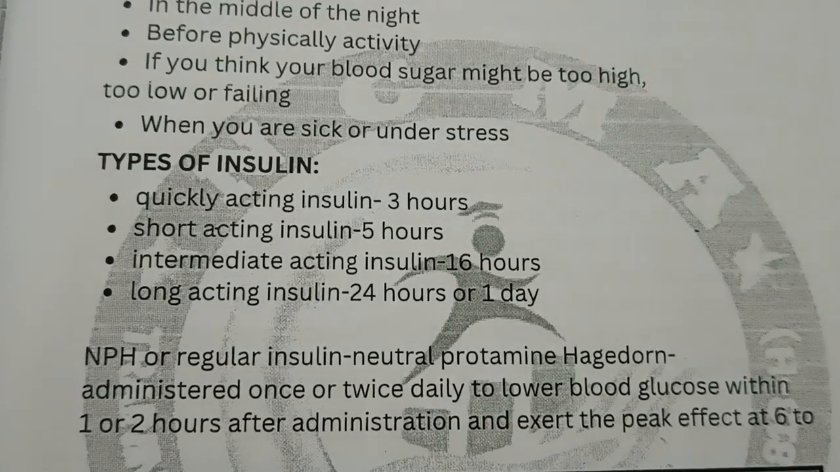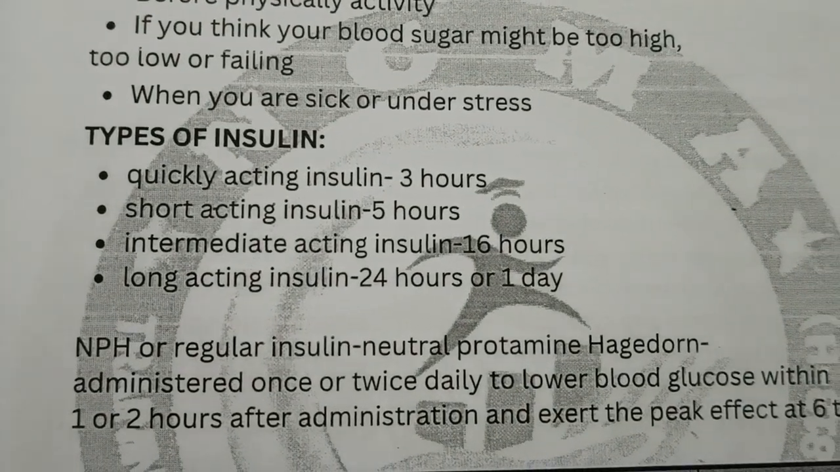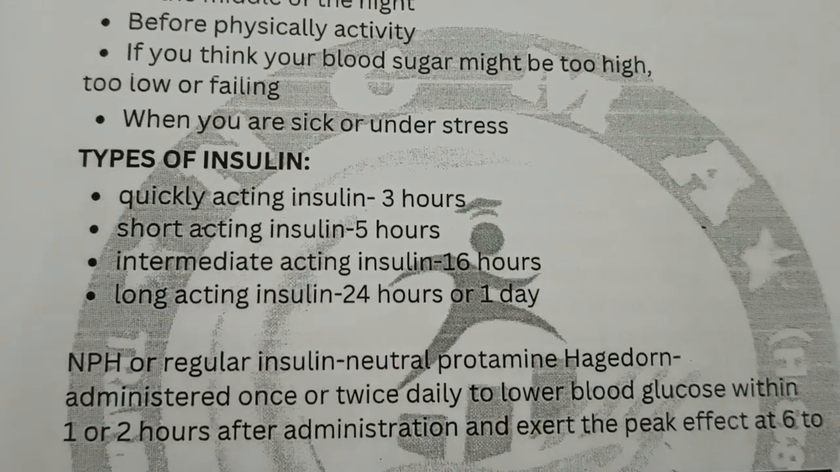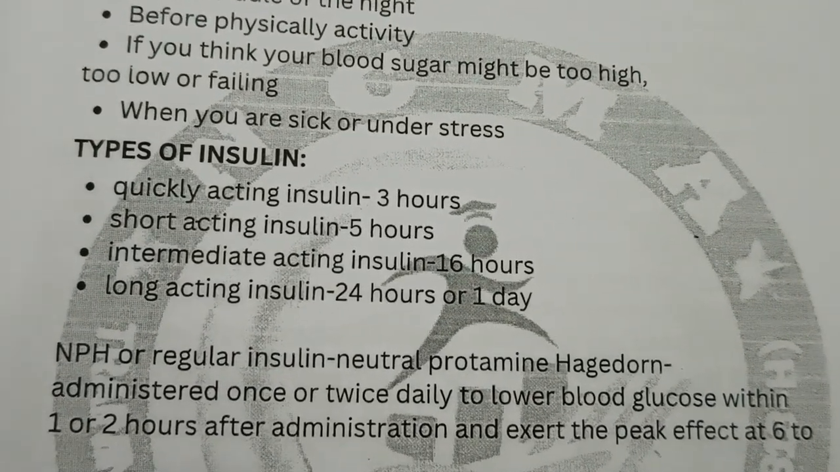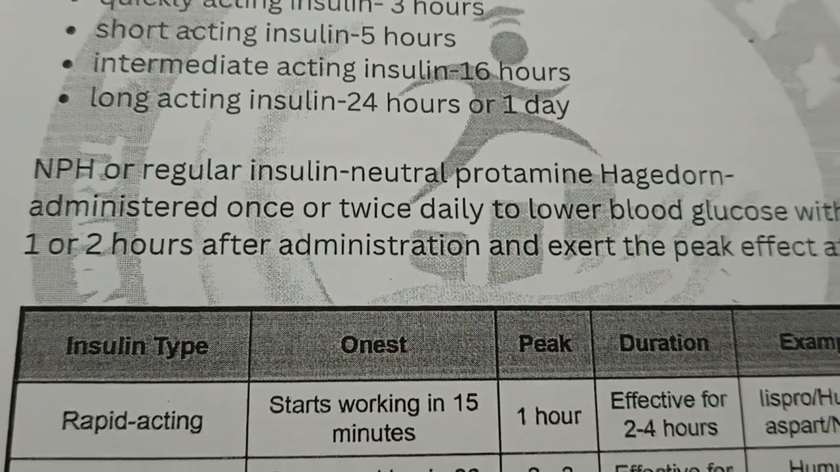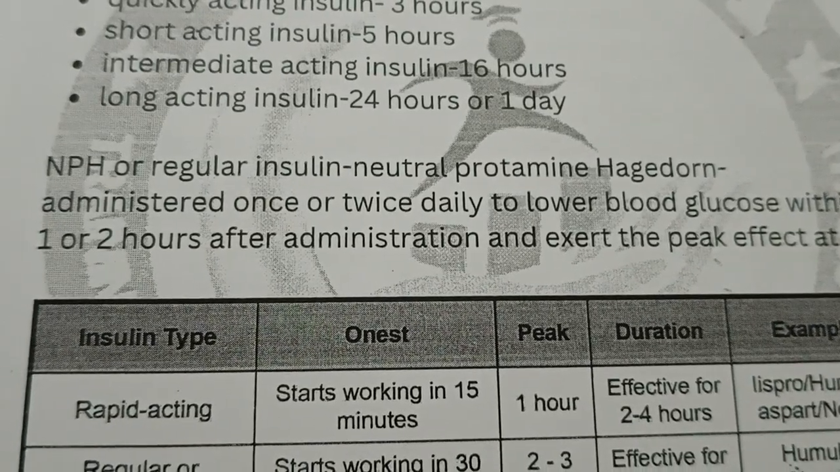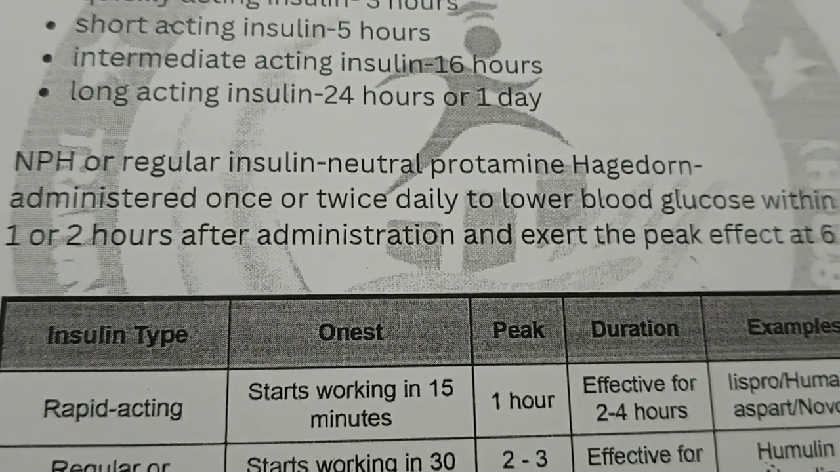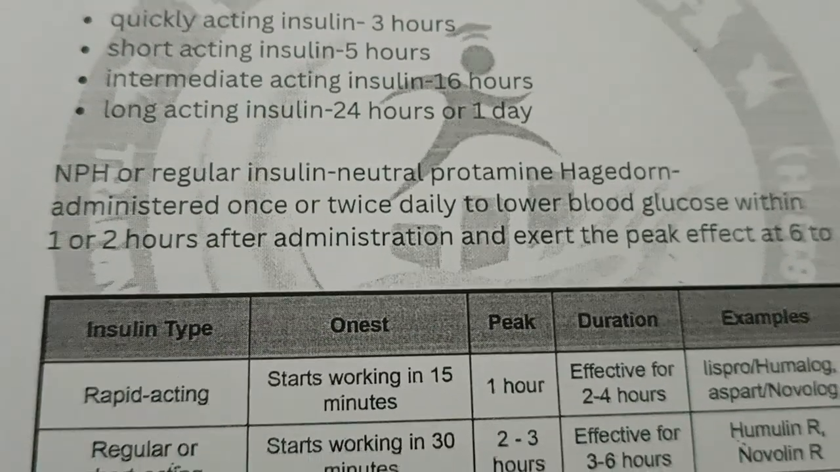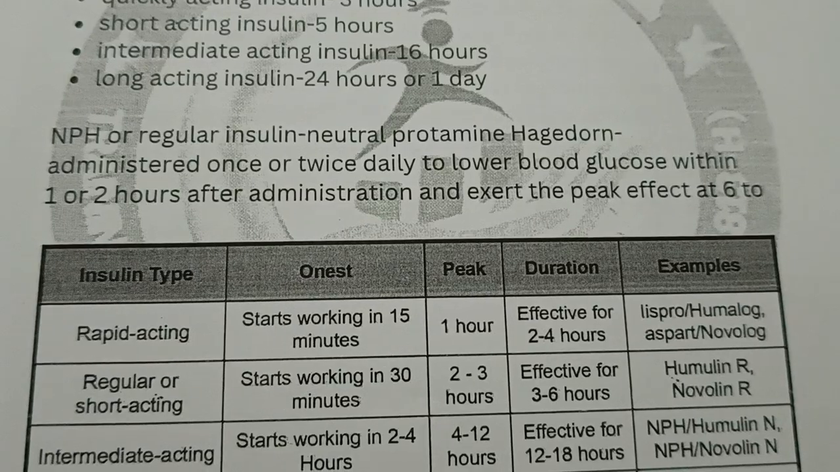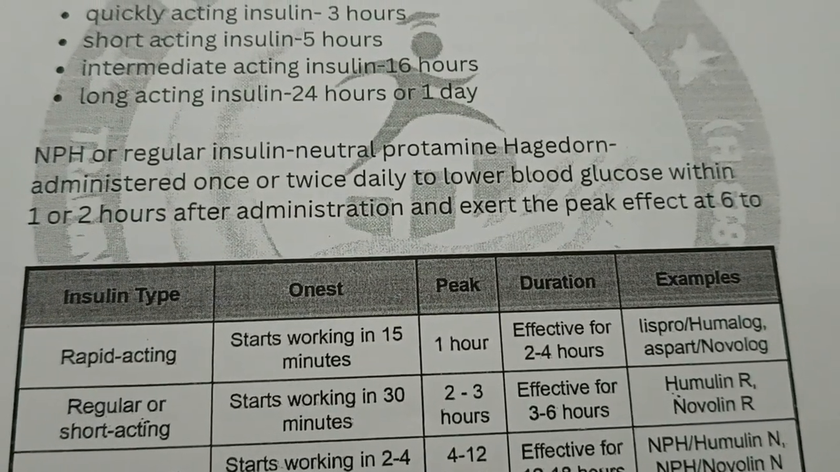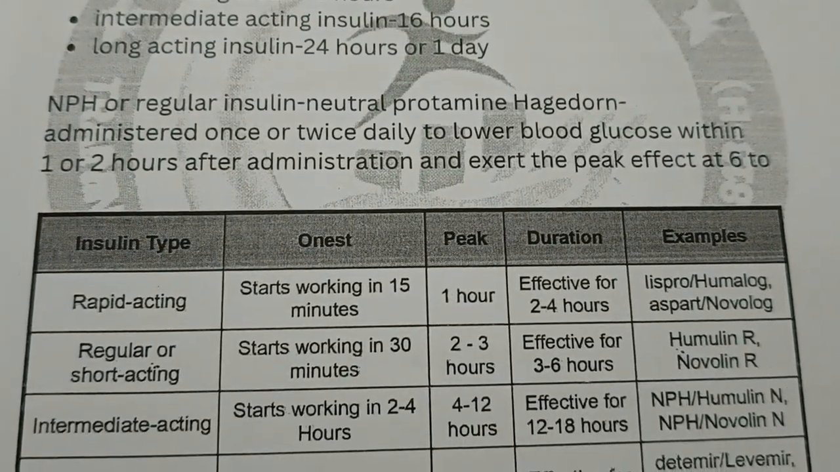Types of insulin: quick acting insulin, 3 hours; short acting insulin, 5 hours; intermediate acting insulin, 16 hours; long lasting insulin, 24 hours. NPH or regular insulin, neutral protamine Hagedorn, administered once or twice daily, lowers blood glucose within 1 to 2 hours after administration, with a peak effect of 6 to